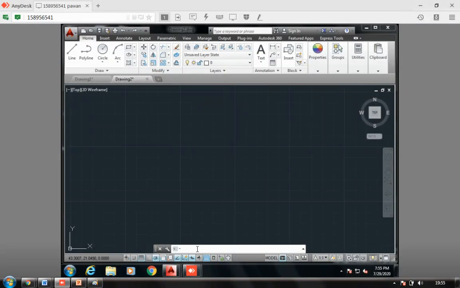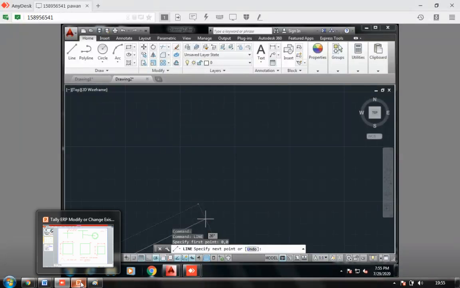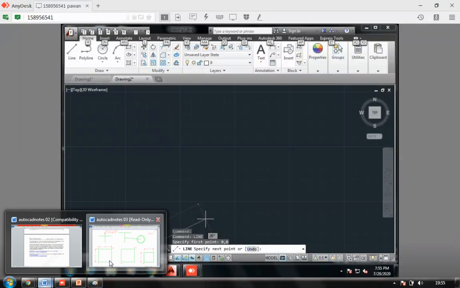In this case, I'll be drawing a line here. It is asking what my first point is. It's 0, comma 0. I press enter. Then I have to go to another coordinate.